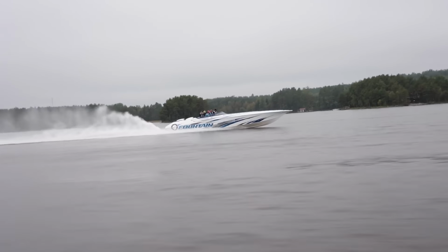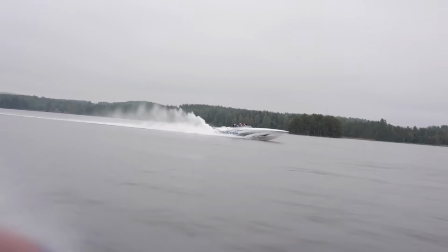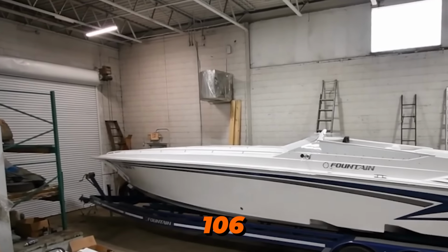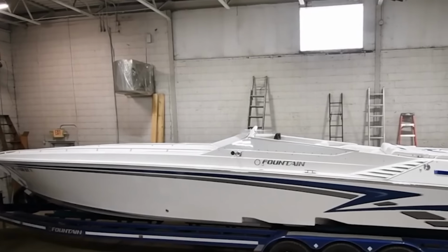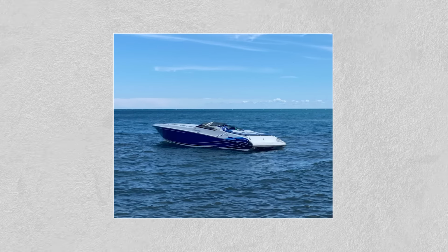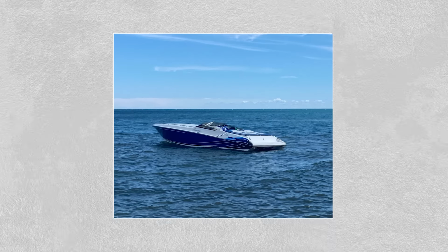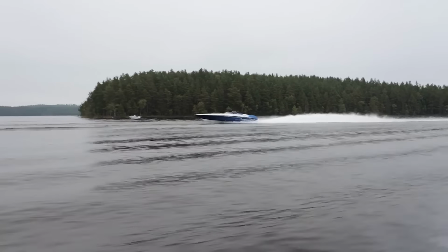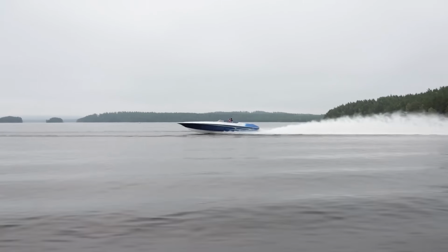The Fountain 42 Executioner is a thoroughbred of American offshore powerboating, built not for leisure, but for sheer velocity. Measuring 42 feet in length with a sleek aerodynamic hull, this vessel was engineered to cut through open water at relentless speeds. Its twin 500-horsepower Mercruiser engines deliver over 1,000 combined horsepower, allowing it to reach speeds in excess of